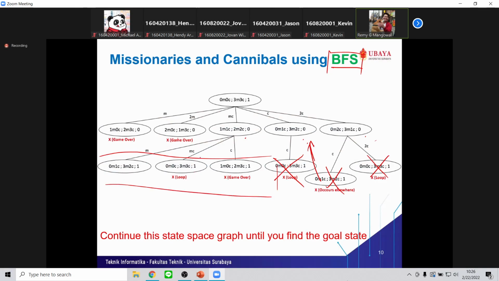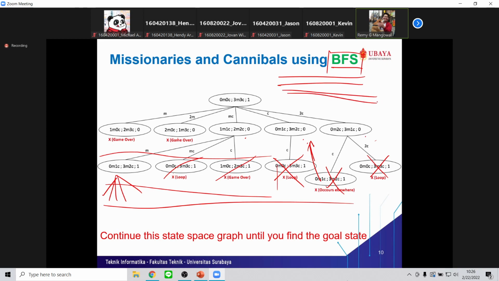Then from these 3, we are going to try more options. Like say, oh, it's wrong. Okay, try the 5 options again. First, try one by one. So if you use breadth first search, you search in a level first. For DFS, you search to the end, and then you search the end, and then you search the end. Like this.